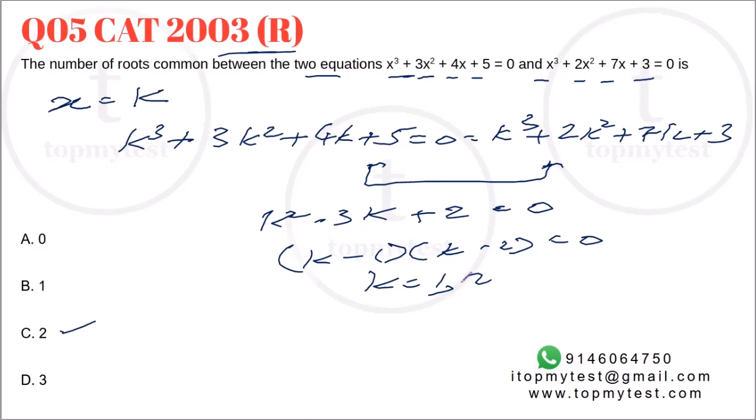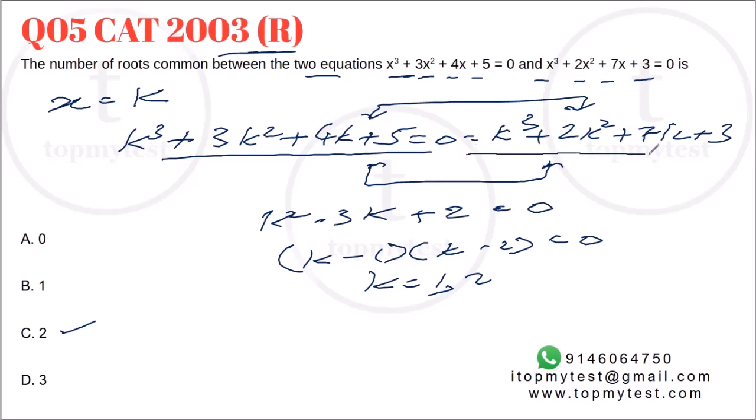Now just observe. If we put k is equal to 1 in this, will it give us 0? No, it will not give us 0. If we put k is equal to 2 in this, will it give us 0? No, it will not give us 0. Then how did we end up over here? We ended up over here because we equated the first and the second equation. We did not check whether the value of k actually ends up being 0. While if it is a common root, we should have solved just this equation.